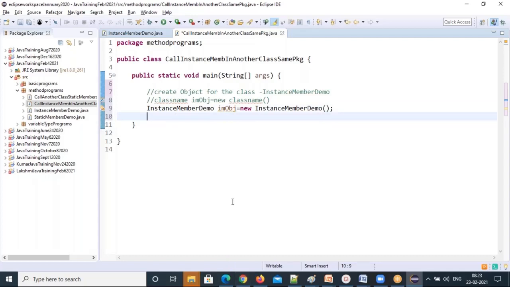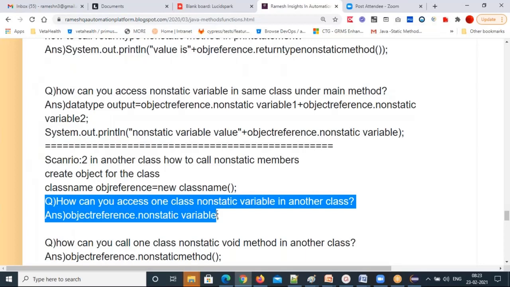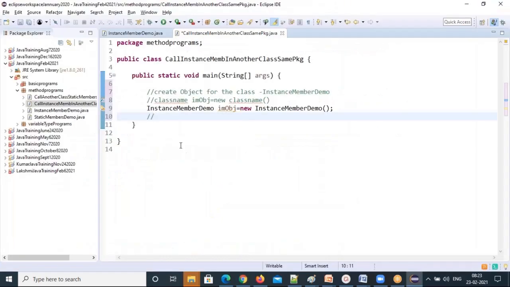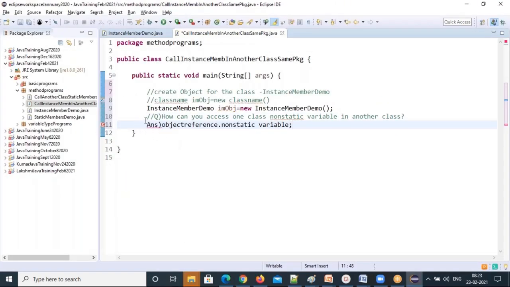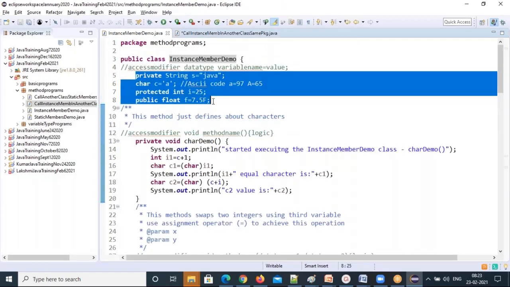Now, first thing: how can you call a non-static variable in another class? Which members can you call? This class's members, what are all accessible here in another class?